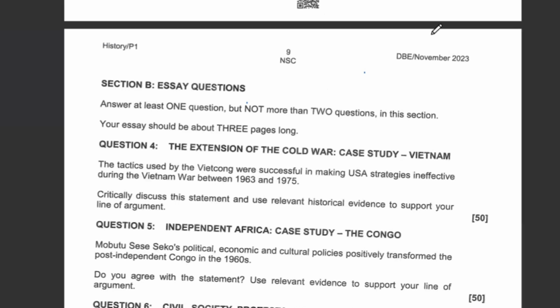We are giving a concluding statement in a paragraph which is linking back to the fact that the Viet Cong strategies were successful and they led to the ineffectiveness of strategies by the USA. So we need to maintain that presentation for every paragraph. Ensure that every paragraph abides by the PIL format. It has a point, you explain that particular point by shedding more light, you try to identify historical evidence, and you give a statement which refers back to your stance, to your line of argument, to your side of the argument of the story.